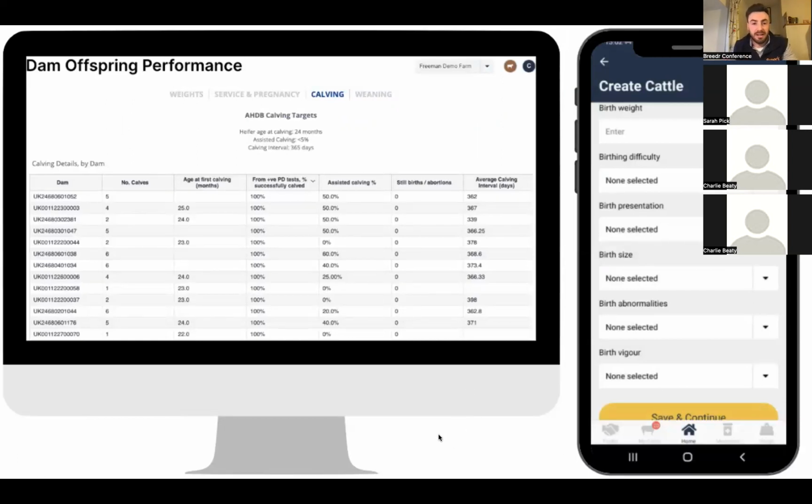So basically this slide here is what I've done here is I've taken calving. So let's go on the calving tab. Now on the mobile phone screen, you can see that is the second page of when you log a birth. So when you log a birth, you can detail the calving ease, the presentation, the size, the vigor, all of this kind of stuff. And what that then does is take the birthing difficulty from all of those options, and that then produces an assisted calving percentage. So